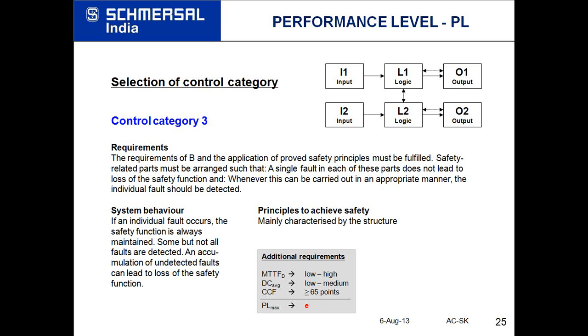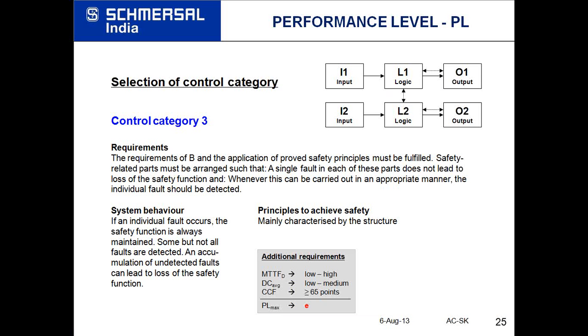And whenever there is an accumulation of undetected faults, means more than one fault occurring at the same time, then it can lead to loss of safety function, or it can lead to an accident. And here you can see the diagnostic coverage has become low to medium, and the hardware reliability has become low to high, and now we have taken care of common cause failures. So only when we have such parameters defined, we can have a control category 3 system, and we can achieve a performance level, the safety level, of E maximum.